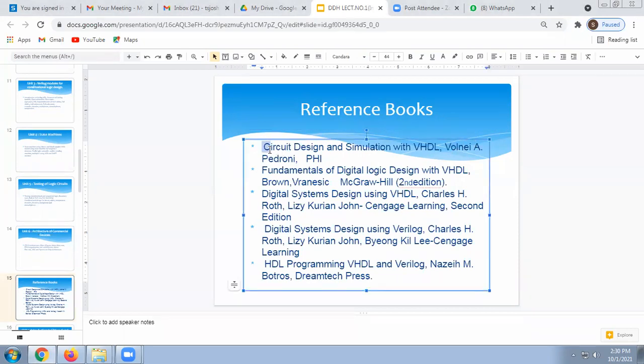This book is very good for VLSI or VHDL. I referred to this book at the time of doing my ME, so you can use this book. It is really a good book. I advise all of you to go through these books. All books are good. For the first unit, we are using this Pedroni. If you want a soft copy, I have the soft copy and I will share it with you afterwards in your group.